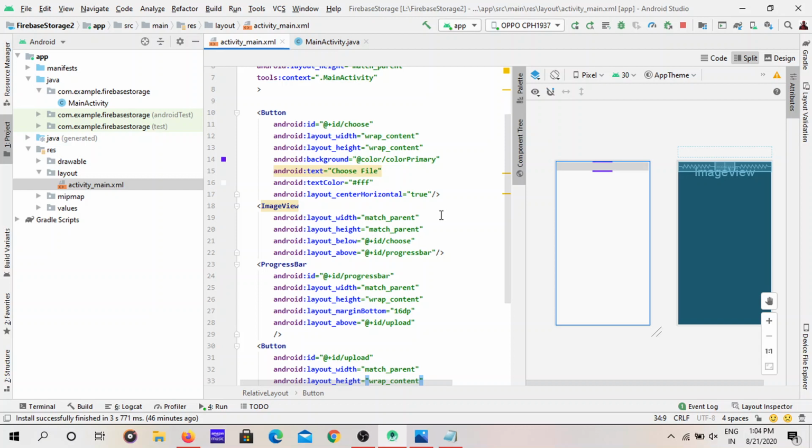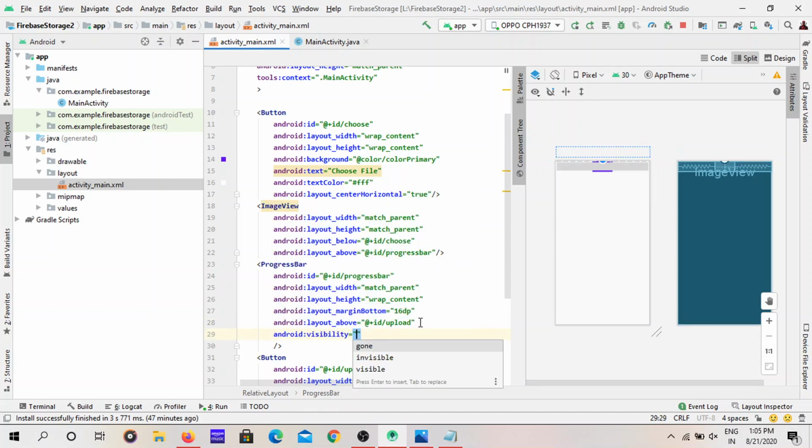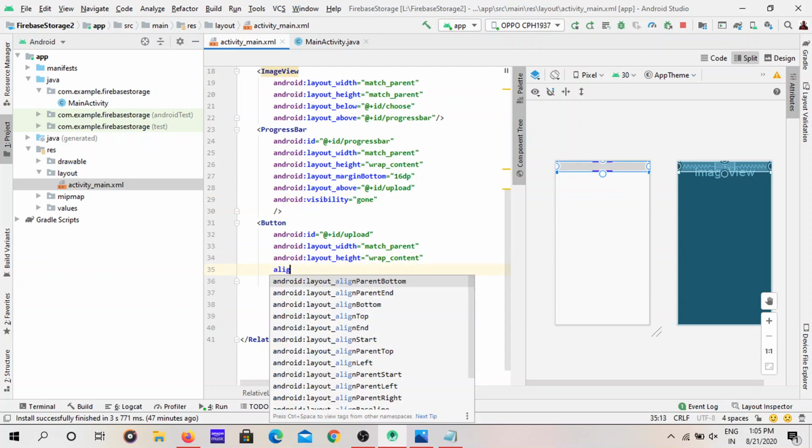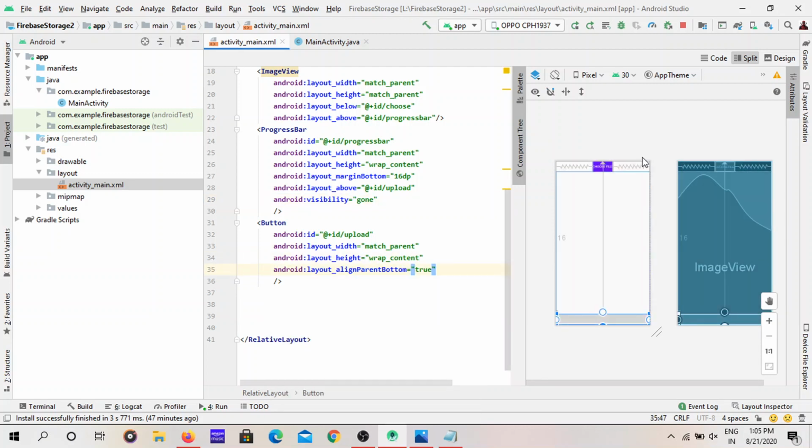The image view is above and below the choose button, and the progress bar should have the margin bottom, yeah, it's finished, and keep the visibility as gone. Visibility gone, and the button, it's finished. Align parent bottom true. See, now everything is aligned.